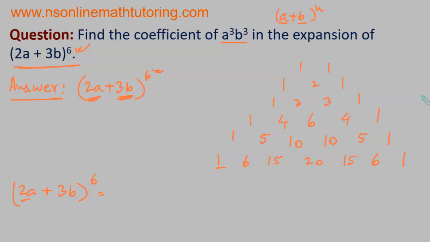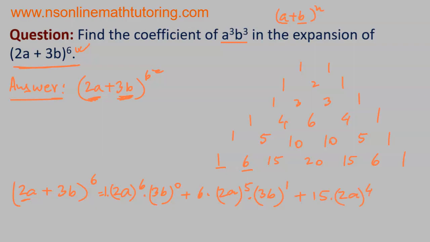That is, okay, let me write these things and afterwards I'll be simplifying. 1 times 2a raised to the power of 6 times 3b raised to the power of 0 plus 6 times, I'm taking the coefficients from this row, 6 times 2a to the power of 5 times 3b to the power of 1